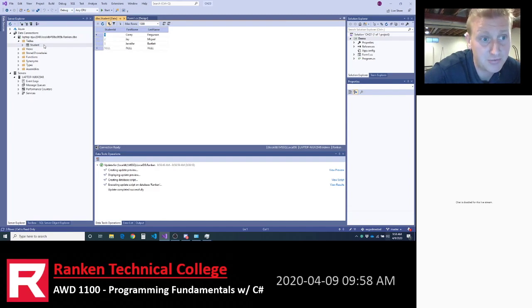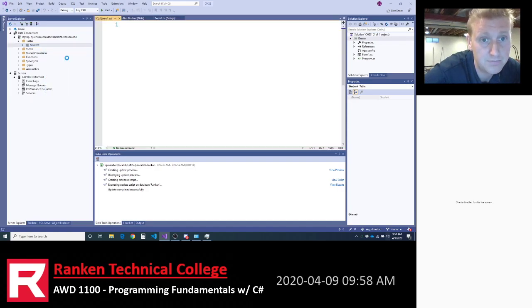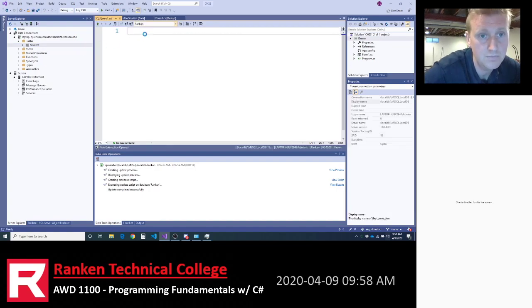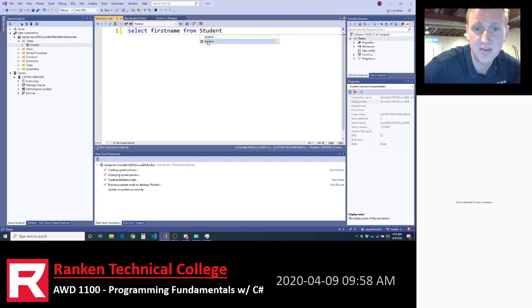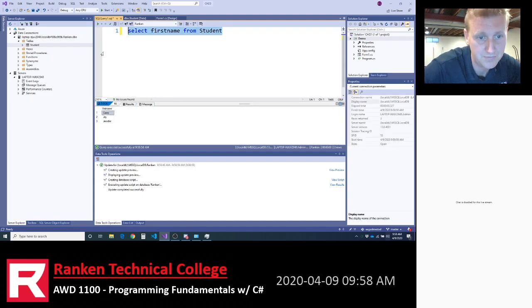Now, in order to just write whatever SQL you want, you generate a new query. So I will select the first name column from student. You can see we got some IntelliSense there trying to help us out. And then we get those 3 rows.